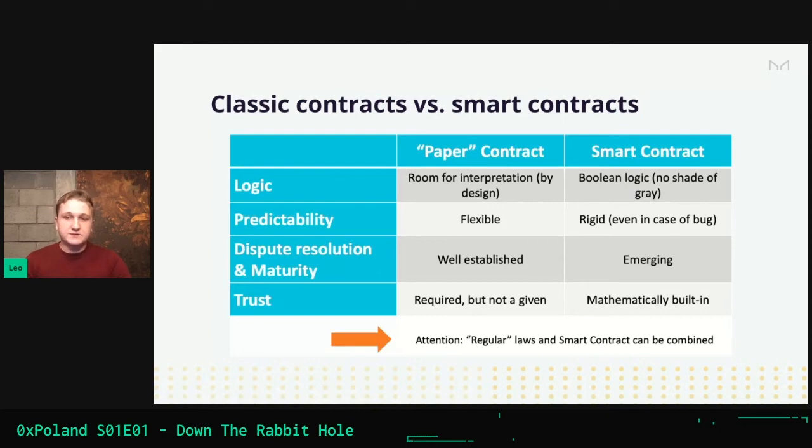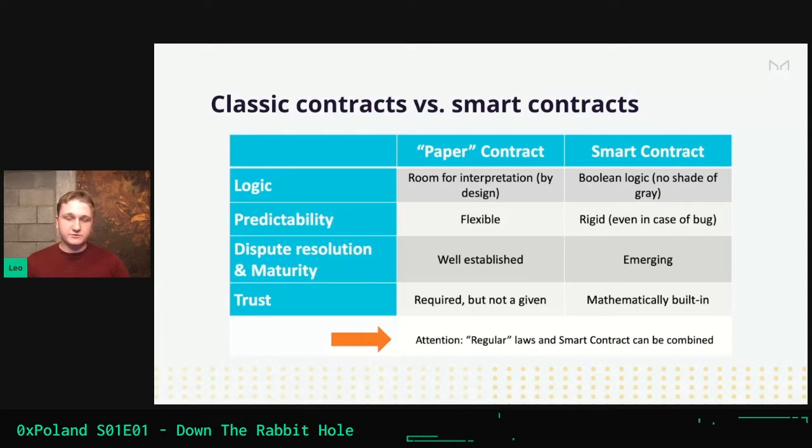Dispute resolution. So when something goes wrong, what happens with the smart contracts is code is law, and things go as they were coded. And there is no dispute resolution. Like, if you've made a mistake, this is your problem. In the classical world, we have well-established dispute resolution procedures. You can go to court and you can argue that you've made a mistake. You can revert a contract, which you cannot do with smart contracts. But there are some people working on some dispute resolution protocols, and you can build dispute resolution on top of